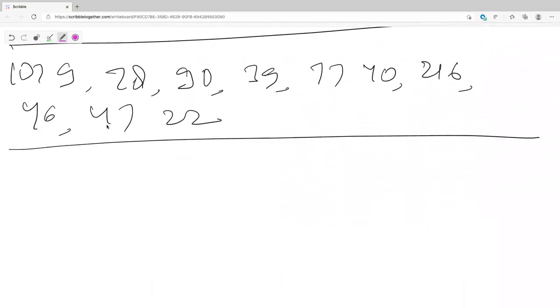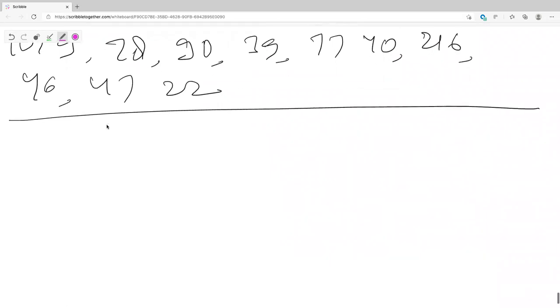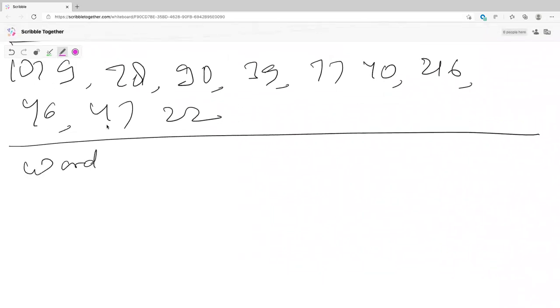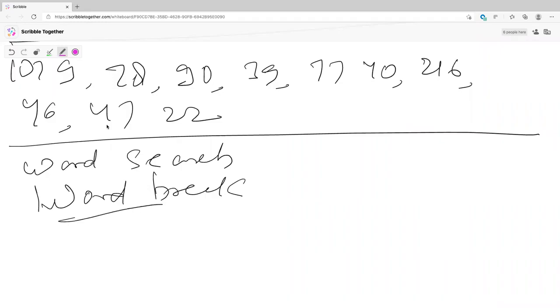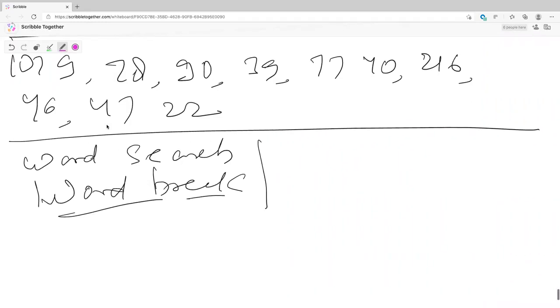Okay, so now assume backtracking is done for you. Next session, I'll try these problems: word search 2, 1, and word break. It's tough to get these questions right at the first attempt, but try to see how each gets converted into a tree, and try to solve these questions in the first attempt itself, or maybe two. That should be your goal.